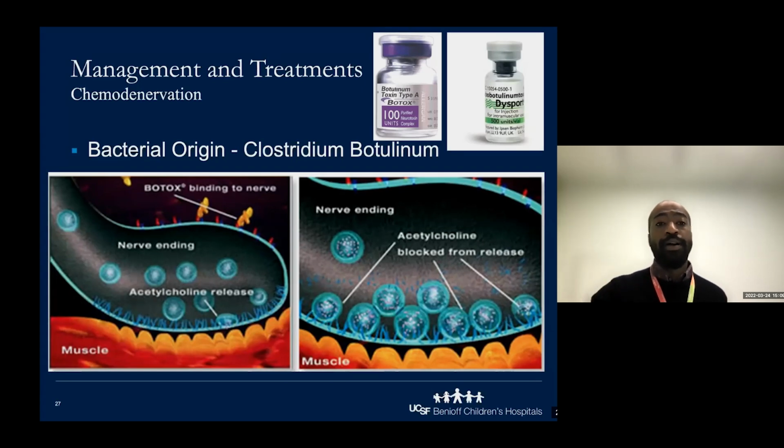And the way Botox works is that it's a toxin. It binds to the end of the nerve terminals and prevents the release of acetylcholine, the chemical messenger that tells muscles to contract. And so without that signal, it leads to muscle relaxation. The good thing about this medication is that it provides sustained weakness and decrease in tone, and the onset is usually within 1 week of injection,